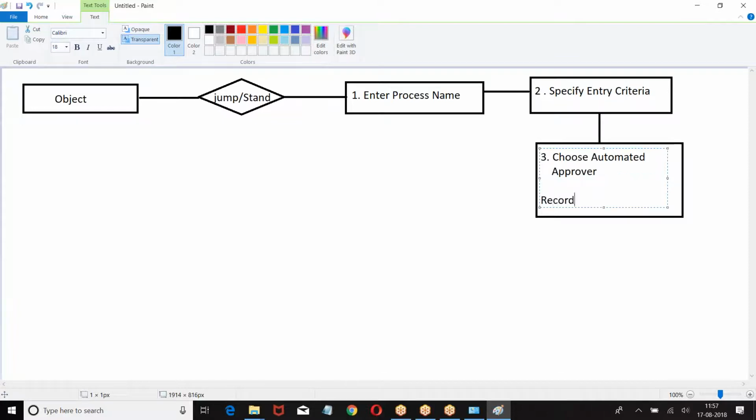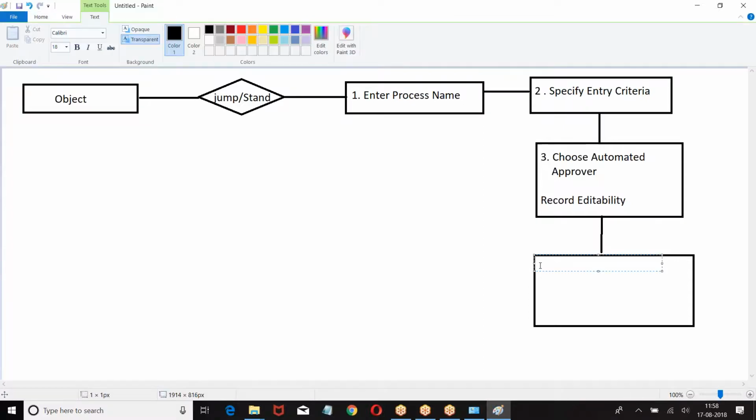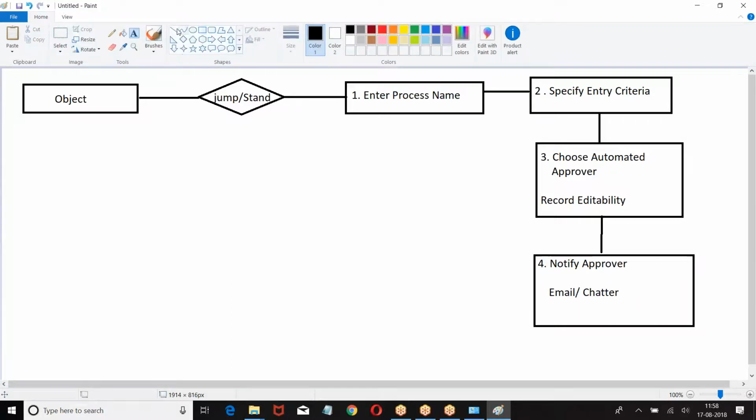And record editability. Then step number 4, notify the approver. How do you notify the approver? Notify the approver by using email or chat. Then step number 5.